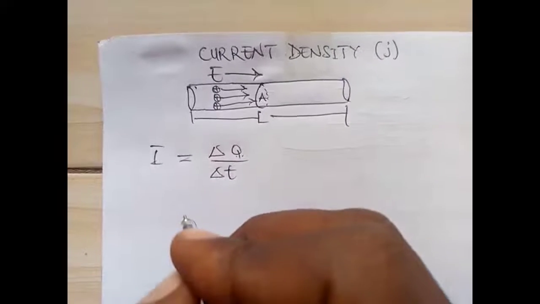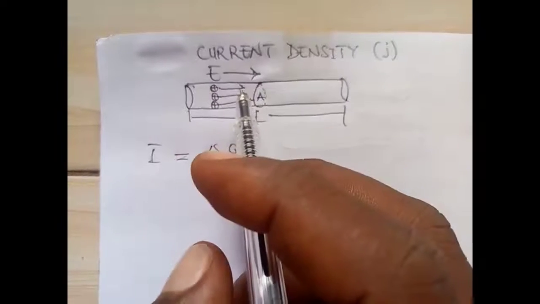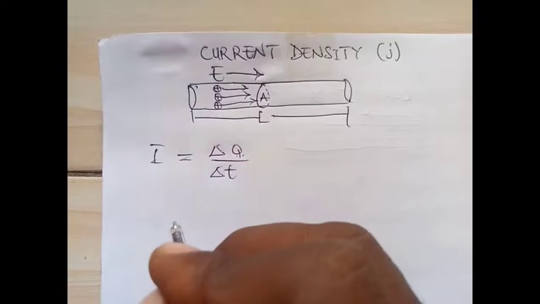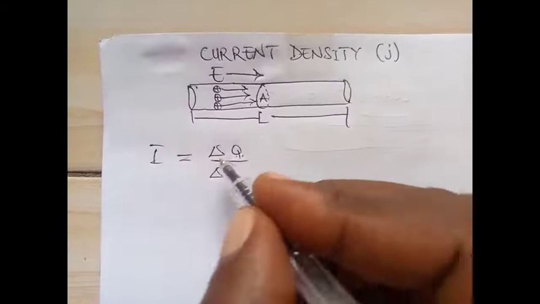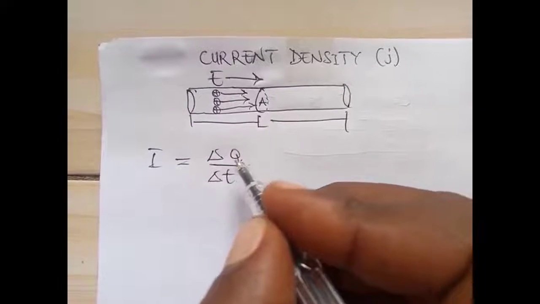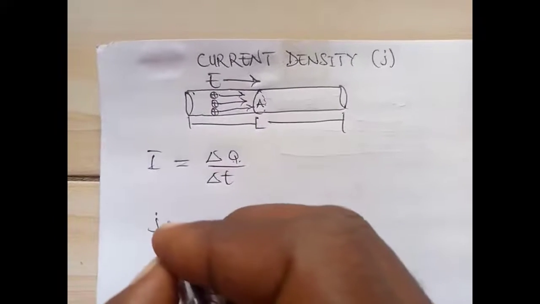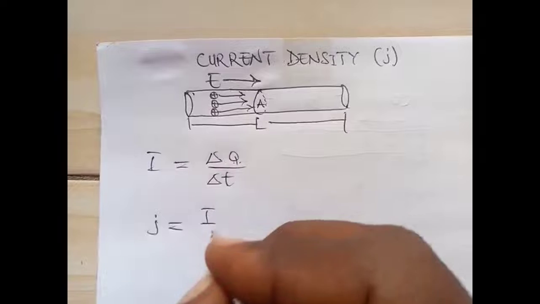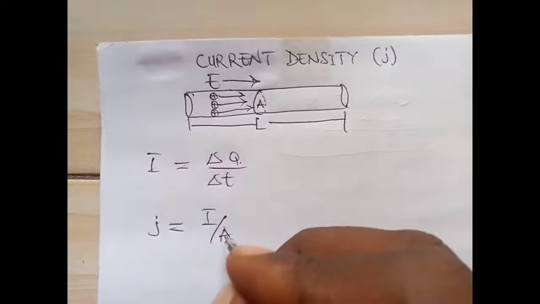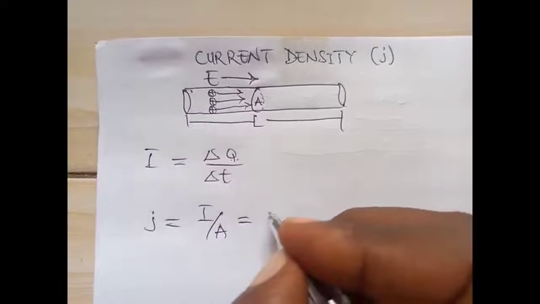So because of that, we define current density as electric current per unit cross-sectional area at any point in space. It is given as J equals I over A according to the definition,